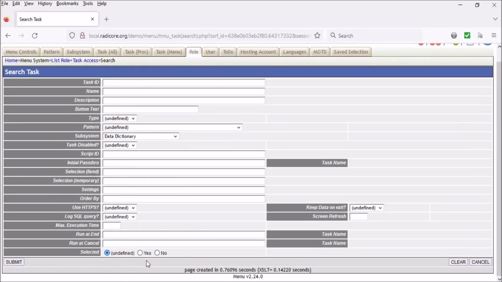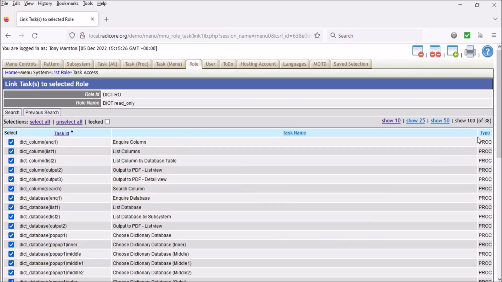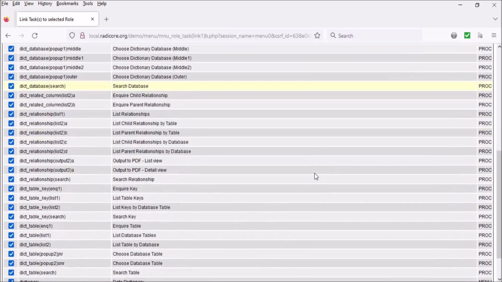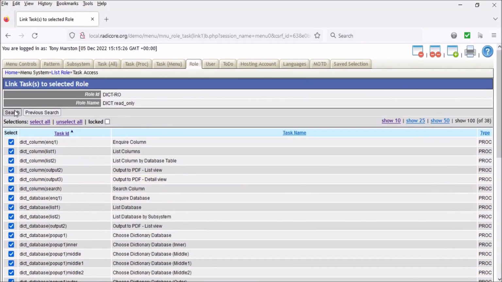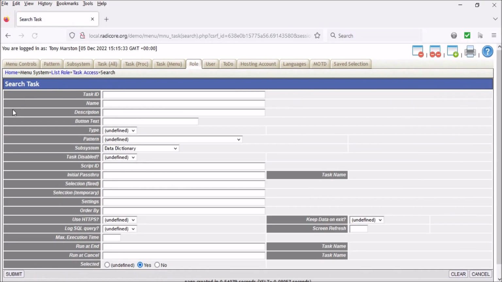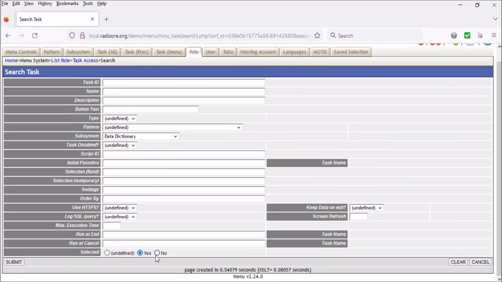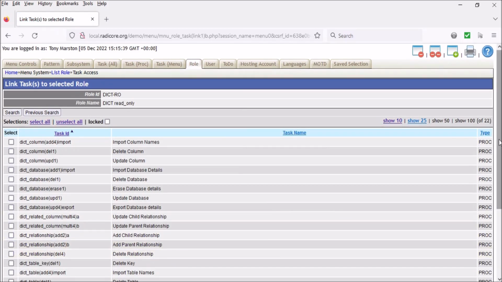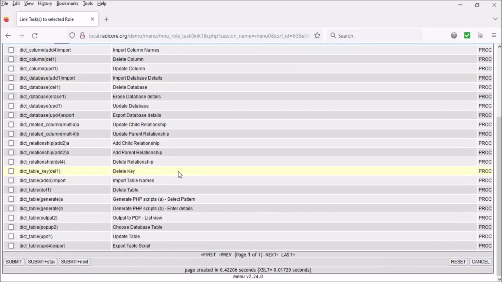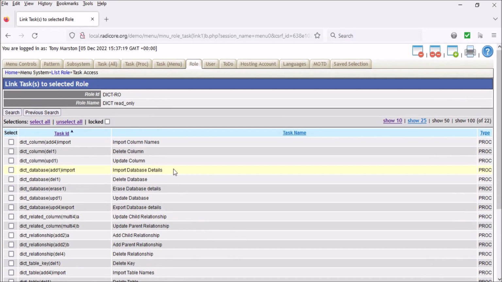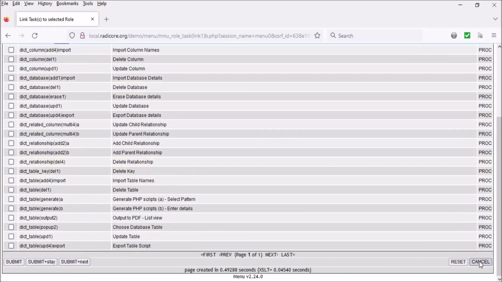I can limit the selection to only those entries which are turned on, which is 38 out of the 60, or only those entries which are turned off, which is 22 of the 60. I shall now return to the previous screen